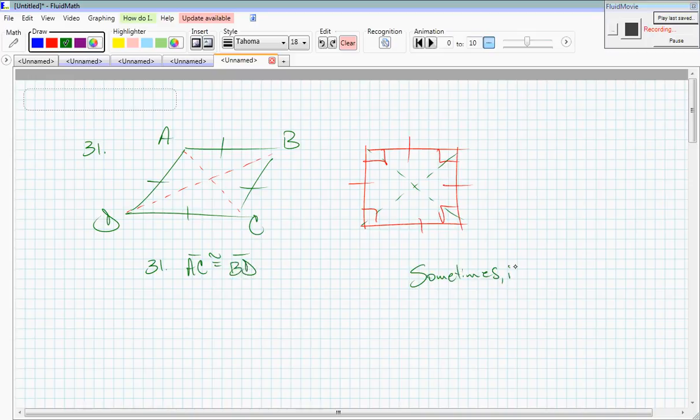The explanation would be if the rhombus is also a square. And if it's a square, it could also be a rectangle if you wanted to explain it that way. But I would say definitely sometimes if the rhombus is also a square, then its diagonals are congruent. And that's how I would solve question